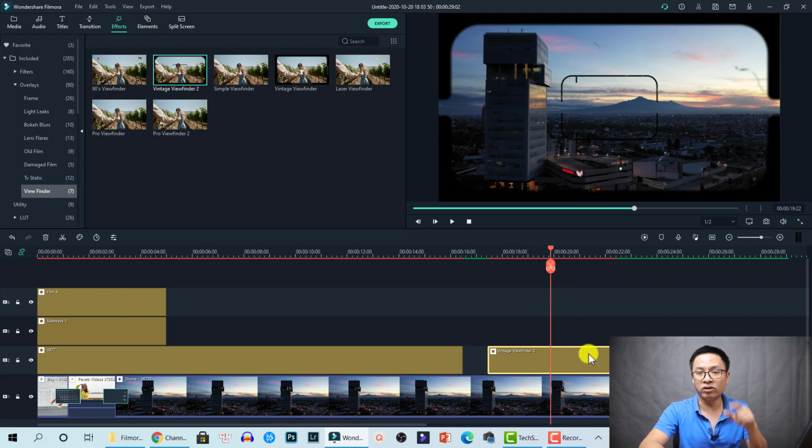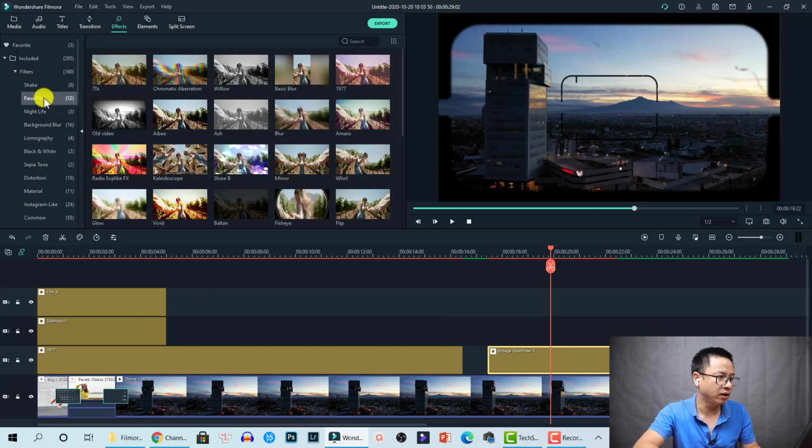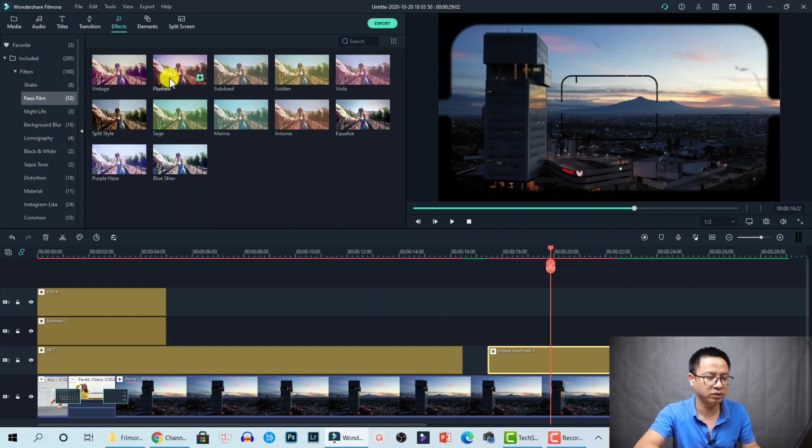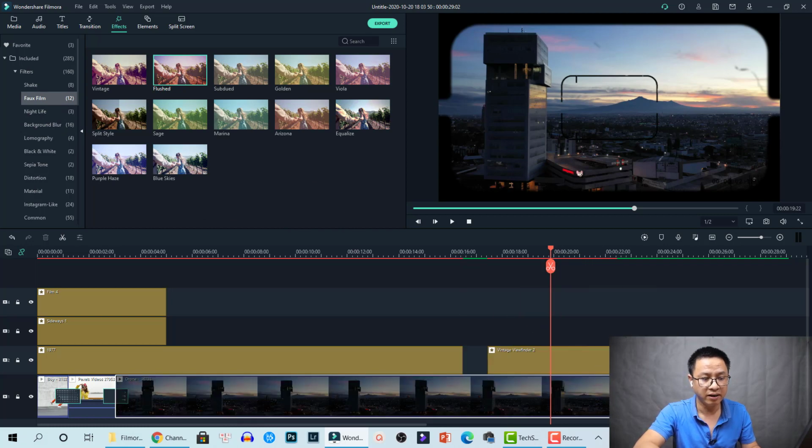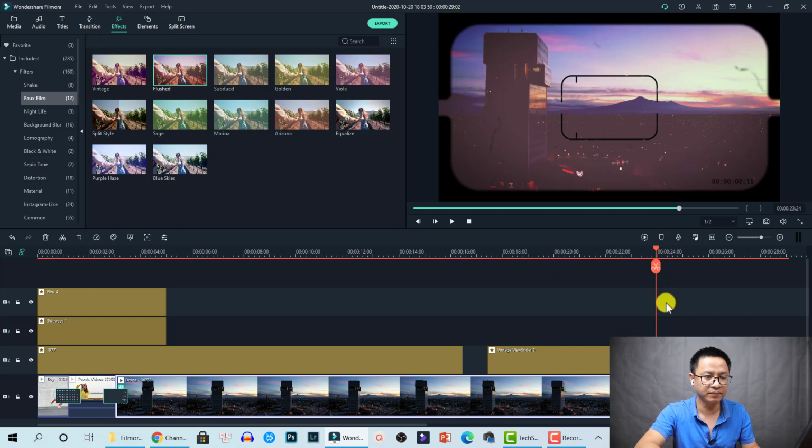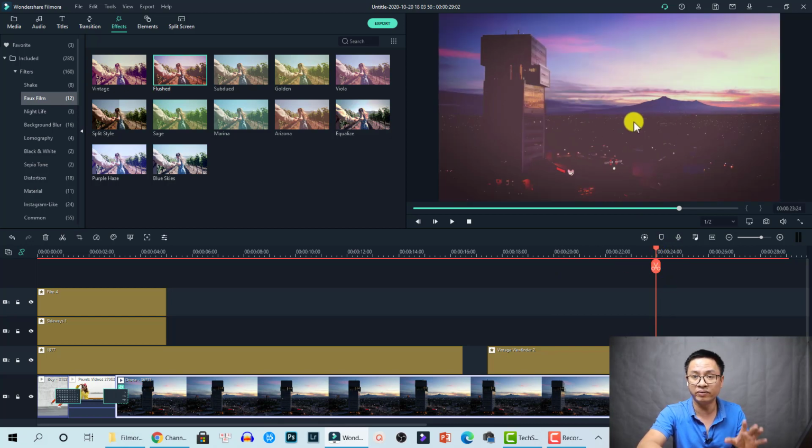And to put it on the top track is one way to use video effect in Filmora 10. And you can also drag and drop it directly to the image or video on the timeline. Like this, if I want to have another filter, Force Film and Flush, I can drag and drop it directly to this clip on the timeline, right? To apply it. You see that? How it changes the look of the video. That's how you can use video effect in Filmora 10 and other